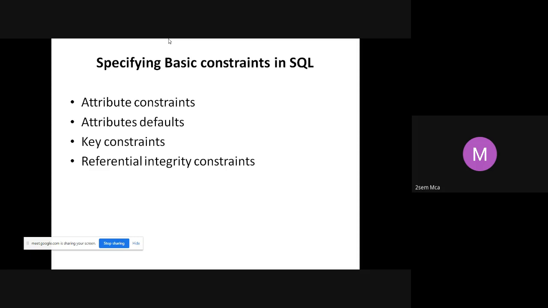Any doubts so far on what we have covered in the last class? We saw creation of table. We took company database as our example, and we saw how we can use the create command, and that's where I think we stopped, and we have to now proceed towards how to give some basic constraints in SQL. Any questions so far? Any doubts, or shall we proceed?